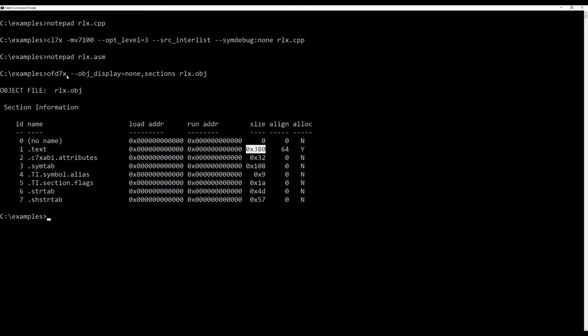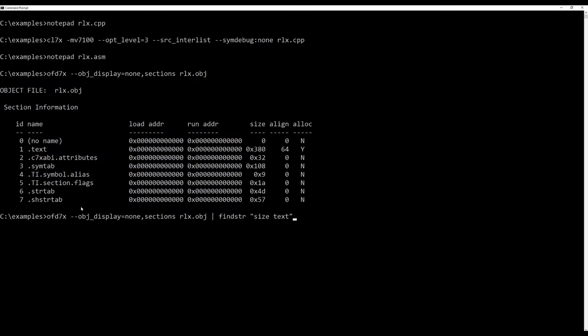The Object File Display Utility, with these options, restricts the output to information about the sections. The only section we're interested in in this particular case is the .text section. That's the section that contains all the instructions. All the rest of these sections contain metadata that is just not interesting right now.